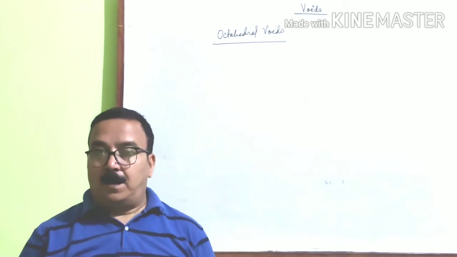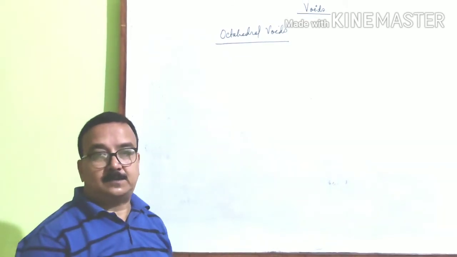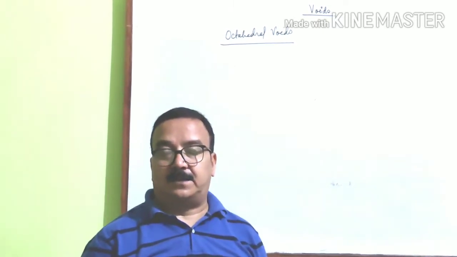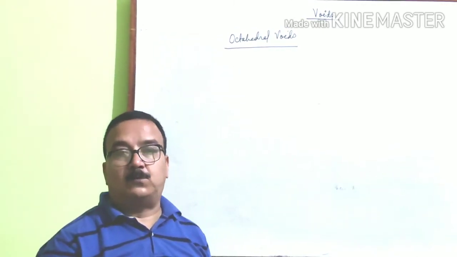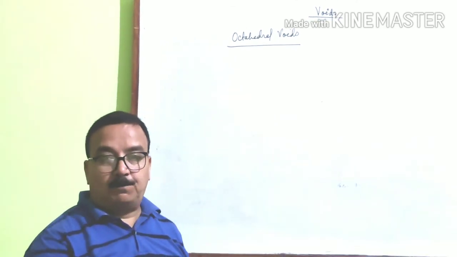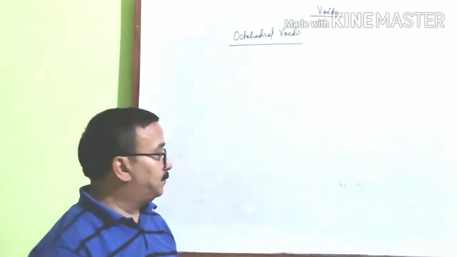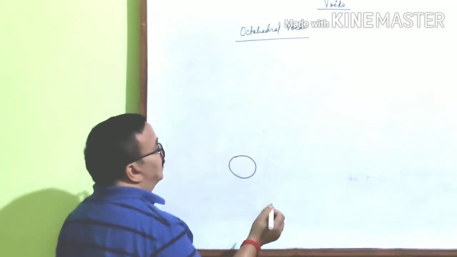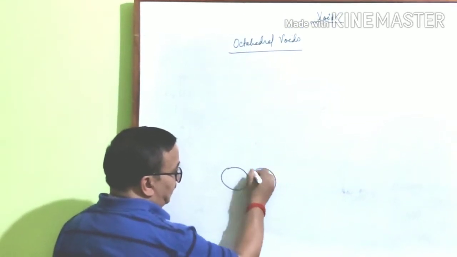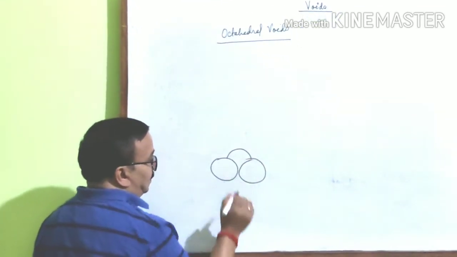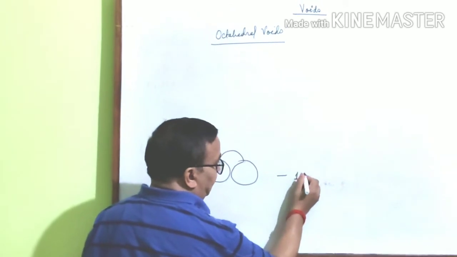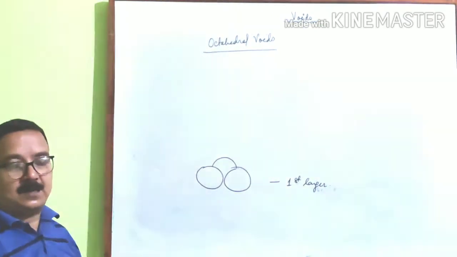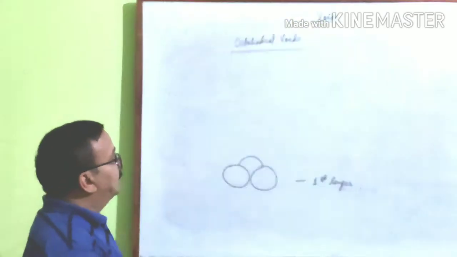Octahedral void. How is an octahedral void formed? यहाँ हम लोग 3 dimensionally visualize नहीं कर रहे हैं, but if you learn how to draw the figure on paper, then you can understand clearly. Suppose here these are the 3 spheres in a particular layer. This is the first layer. In the first layer, 3 spheres are in contact with each other.